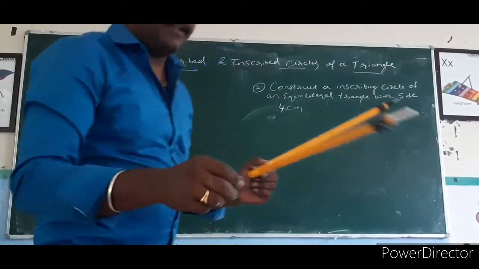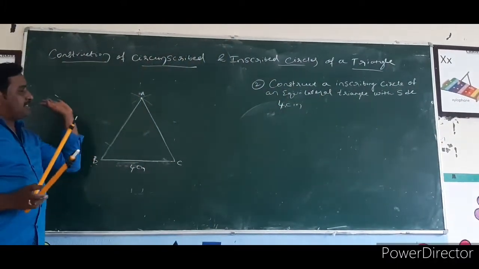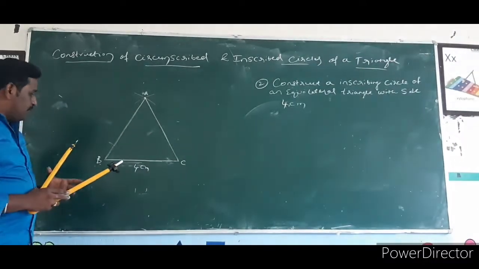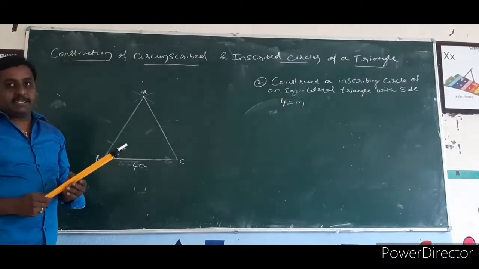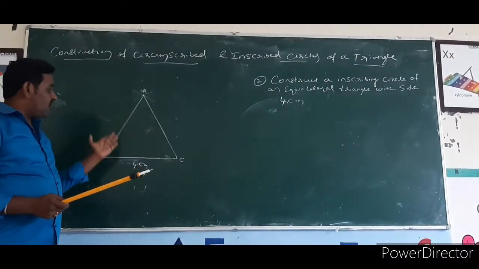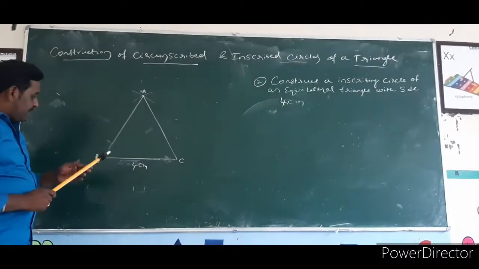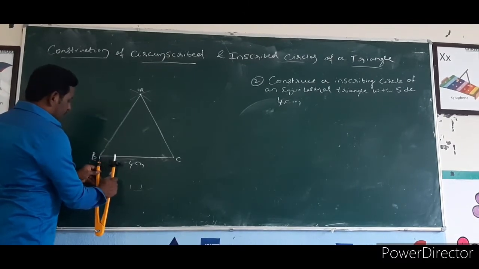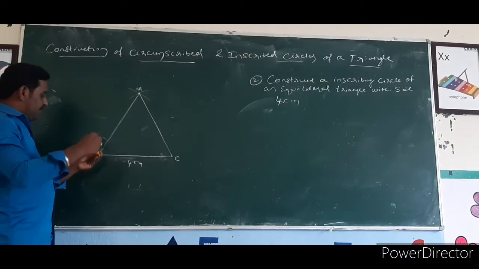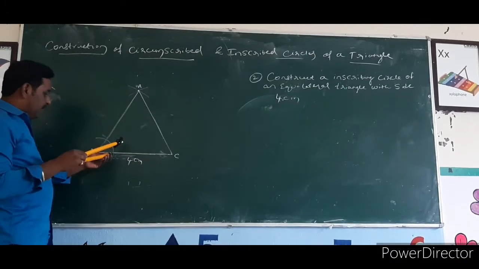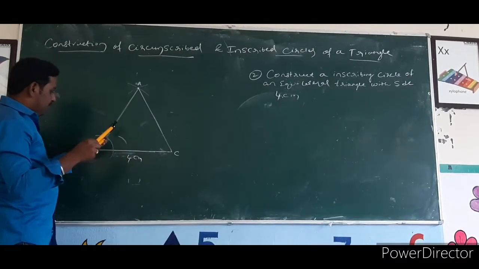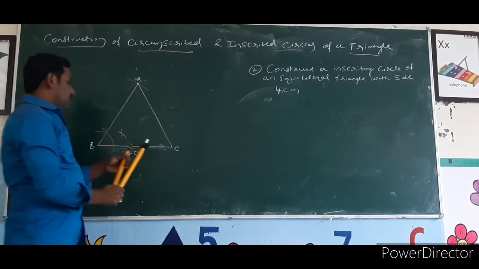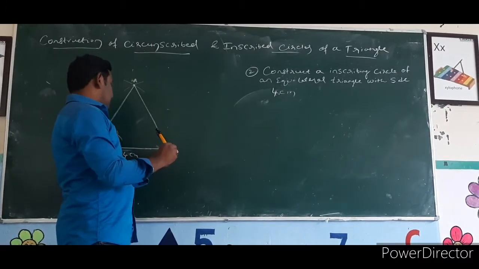After constructing the triangle, the next step is very important. While doing circumscribing circles, we draw perpendicular bisectors of the sides. Here we have to construct angular bisectors. An inscribed circle is a circle that touches all the sides of the triangle. So you can consider any two angular bisectors. Take one short distance from here to here, and cut the same distance. You know how to construct an angular bisector. Here also I am constructing it.